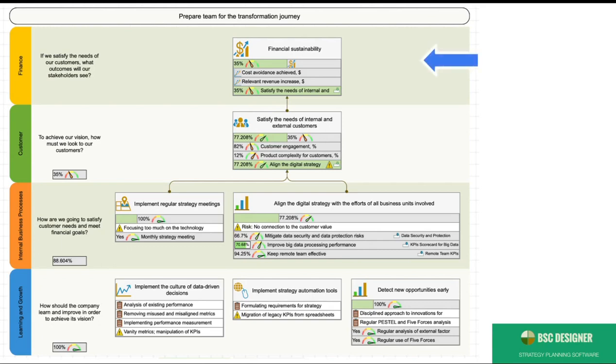In the financial perspective, map the results that you want to achieve for your stakeholders. In the customer perspective, map the value that you will create for your customers. Then think about the ways to achieve all these aspirations. Think about the drivers of the strategy. Map the goals for the business systems and product development in the internal perspective. Map the skills and infrastructure needed in the learning perspective.